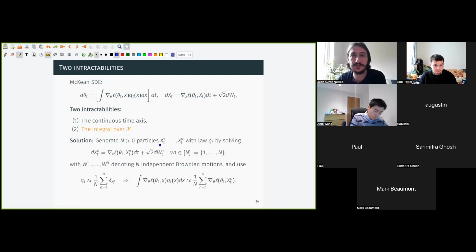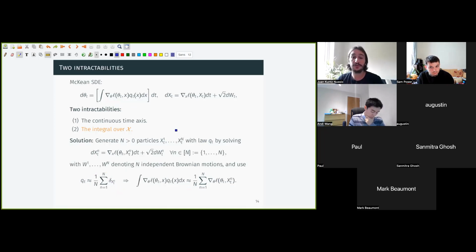Okay, so next up is the integral over the latent space. And well, what do you do when you can't compute an integral over a space? Or at least, what do I do? Just use Monte Carlo. So I'm going to generate capital N particles, each of which have the same law and that are independent of each other. And then the law of large numbers tells me that if I've generated enough of these particles, then their empirical distribution is a good approximation to their individual laws. And then I can plug this into the integral to get this kind of stochastic gradient approximation to this integral that I need here.